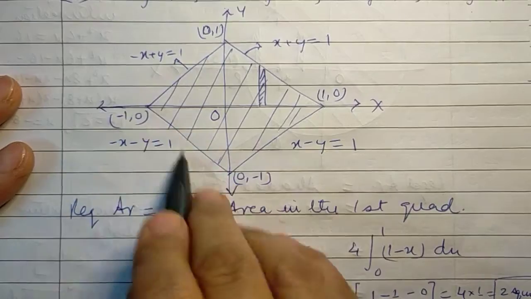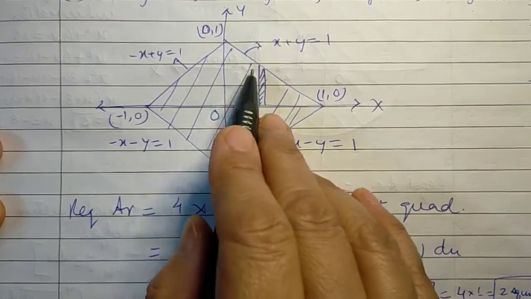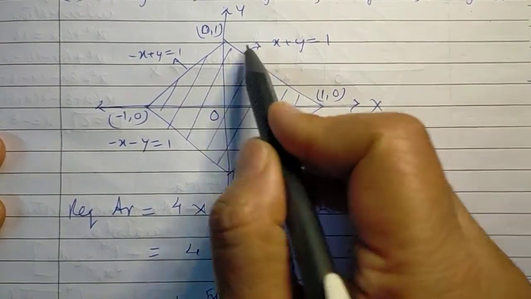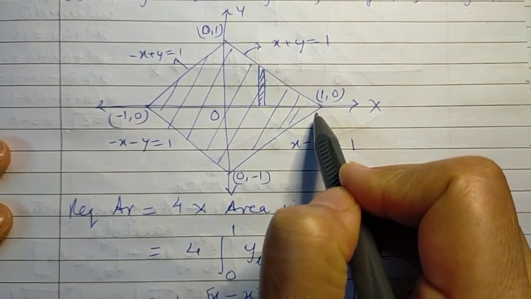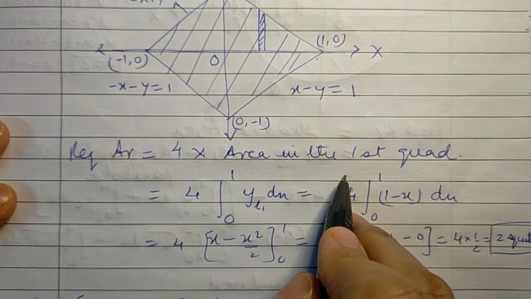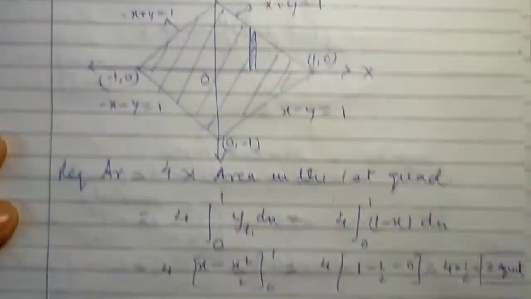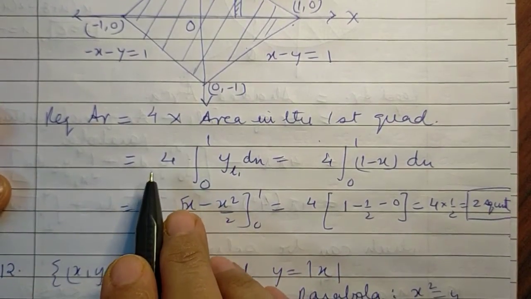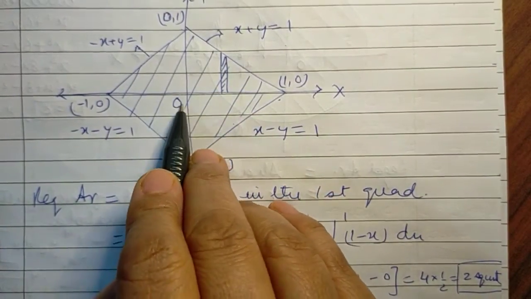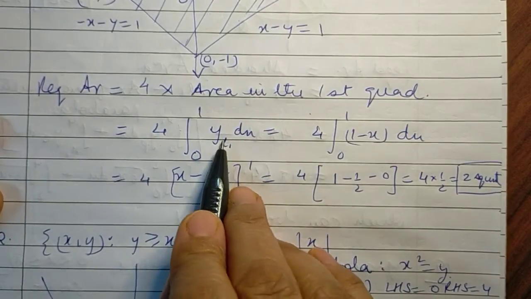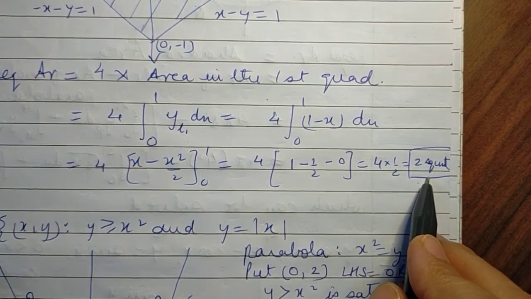When we plot it, these 4 lines form a rhombus. So clearly it's a figure which is symmetric about both the axes, and so the required area would be 4 times the area in the first quadrant. And so we write it as 4 into area in the first quadrant, and this line is x plus y equal to 1. And we simply write 4 times under this line x varies from 0 to 1. So from 0 to 1 y on line 1, and we simply substitute and solve. We get the required area as 2 square units.